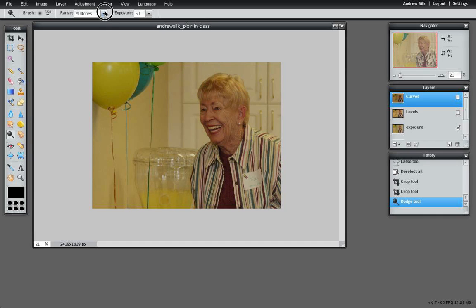Okay. Now, what do we want to dodge? We want to dodge the shadows, the highlights, or the midtones. Probably the midtones and the highlights. Okay. And what we're doing here is we're adding lightness, which is making the face have more contrast and making it brighter. Now, if I do 50%, let's see what it looks like. That's not too bad. Now, if this was in Photoshop and you did 50%, it would look probably